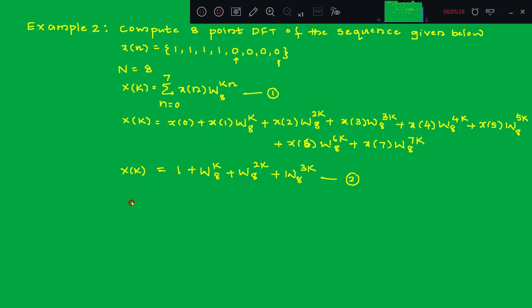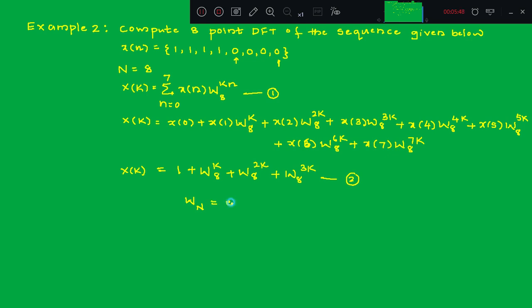Therefore, in order to substitute k is equal to 1, you need to have the different values of this complex function W. So before we start substituting k values, let us calculate the 8 different values for this complex function W, right? And we know the definition of the complex function, that is W of n, where n is equal to what?